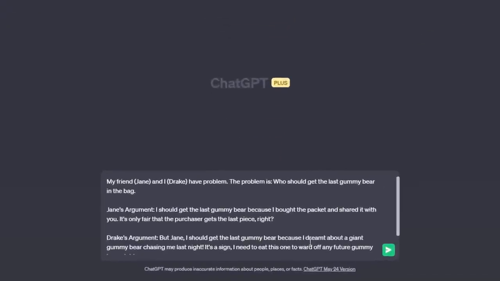Emotion is completely out of play here. It's going strictly off logic. So what I've done is I've typed out this fake problem of two people disagreeing over who should get the last gummy bear within the bag of gummy bears. So my friend Jane and I are discussing this, and we are arguing over it on who should get the last one. So what I tell ChatGPT is, the problem is, who should get the last gummy bear in the